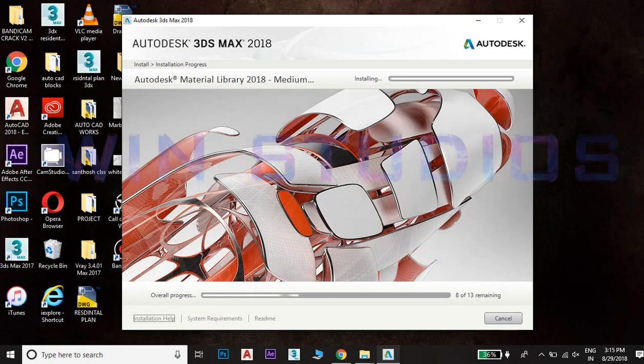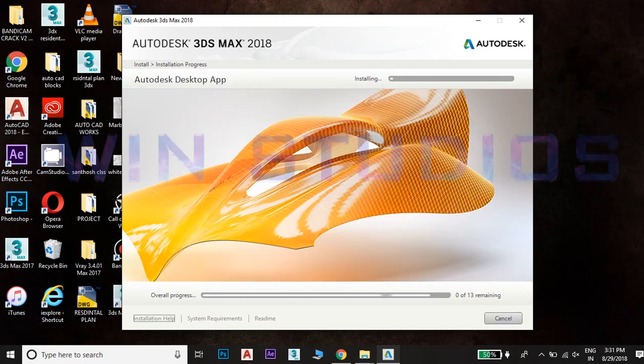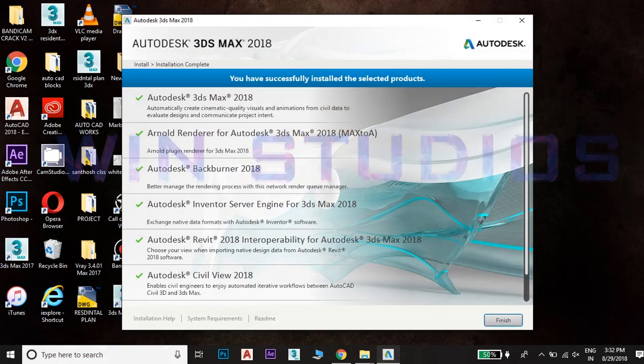Now it is done. You can see that it is all installed here on this page. Now click on finish. So now you need to crack this, otherwise you can't use it. Guys, I will give you a step-by-step video to crack 3ds Max. You can see that and crack this